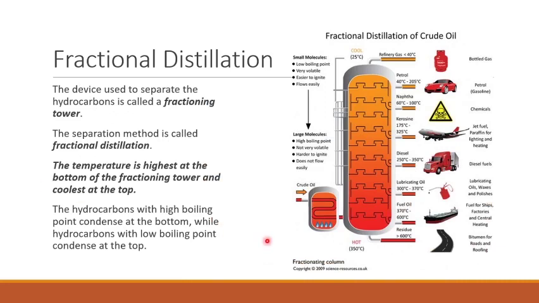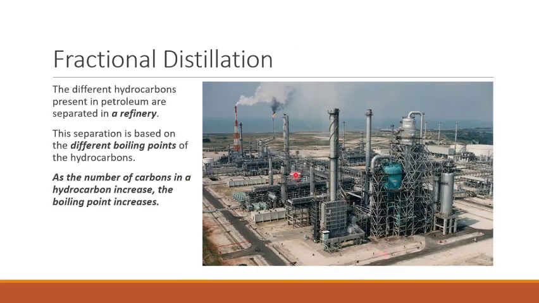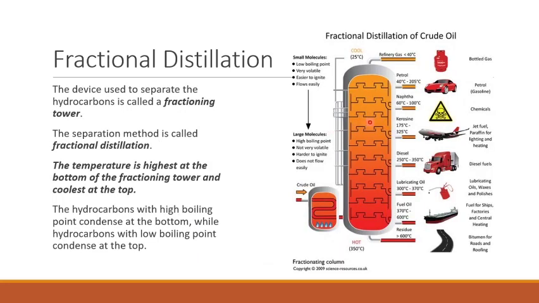This is, in the picture to the right, a fractioning tower. So if we go back here, these towers at the refinery are actually called fractioning towers. They separate the crude oil or the petroleum into different parts. These parts we call fractions. So if you look here at the figure, crude oil enters the tower at the bottom. We extract from the side of the fractioning tower the different mixtures or the different compounds found in this